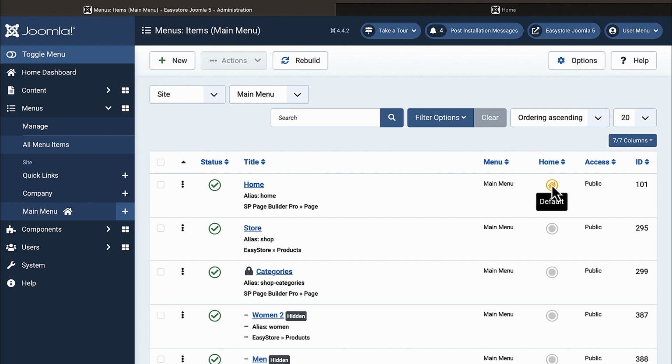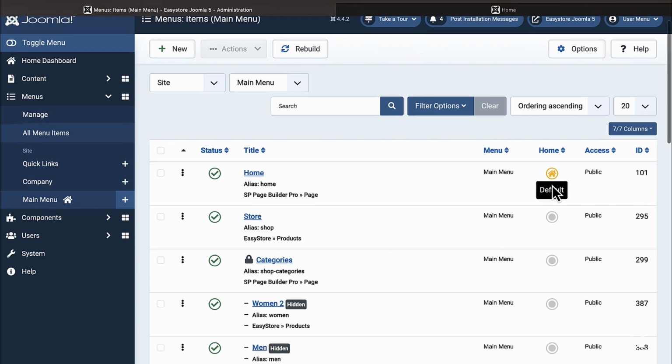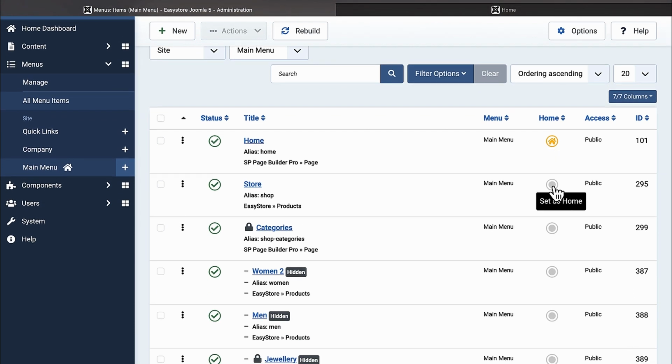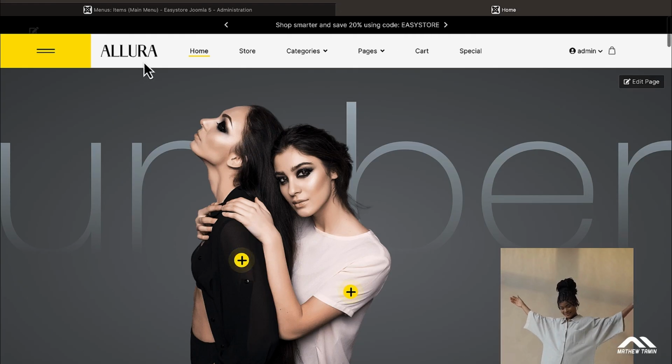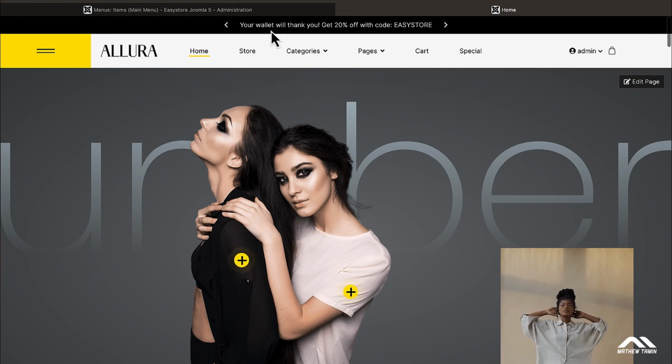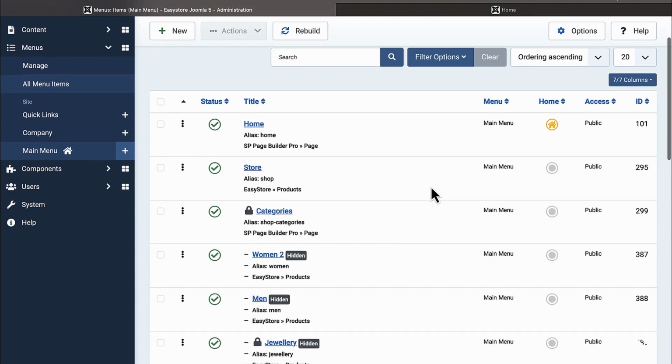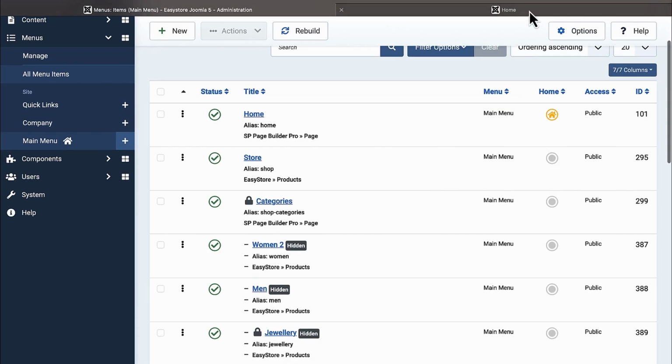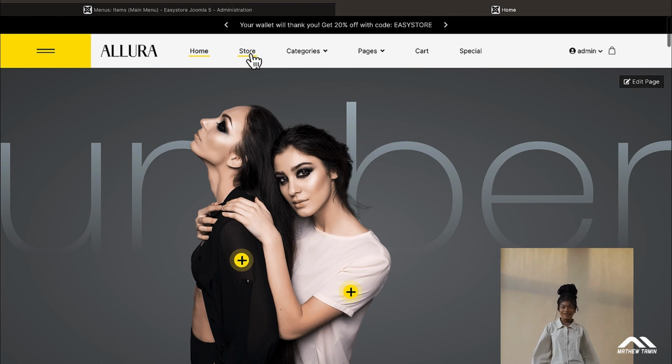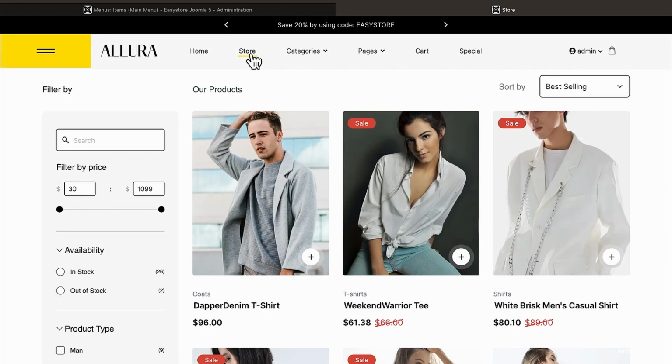Now finally, you notice here where it says default. If I wanted to change the default page, for example, what the home page is right now, all I would have to do is, let's go to this. If I click on the store and I want to make this store the default page, the page that people see when they come on the website instead of the first one,